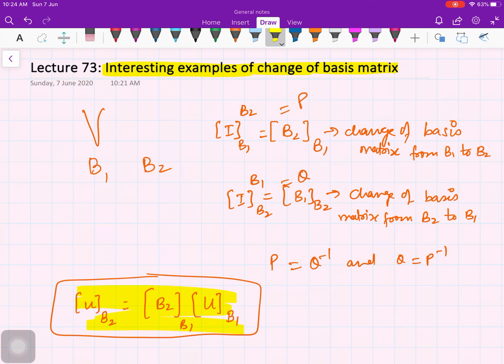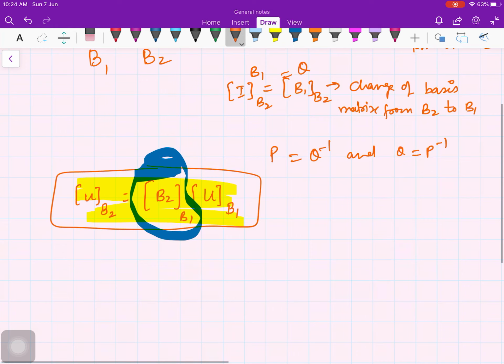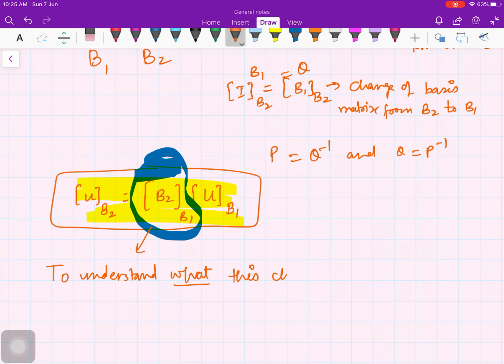But when you learn a subject, then it is more important to understand what exactly is happening than solving the problems in your exam, because that should be your aim for learning any subject. So let us see what this matrix physically holds, or try to interpret what this matrix holds in it. For that, I'll take an example from scalars, to understand what this change of basis matrix holds in it.